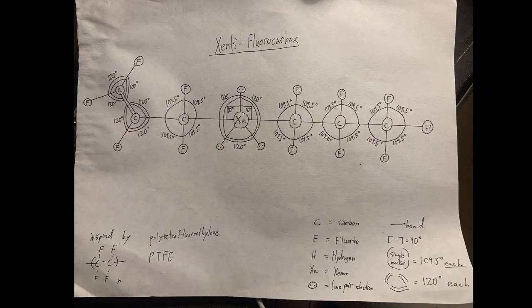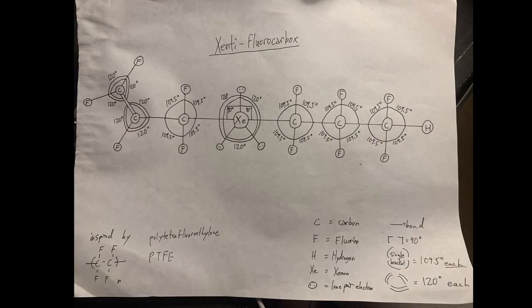So if you look at the bottom right, the 2 dots mean a lone pair of electrons. A straight line just means a bond. The 90-degree angle has that 90-degree shape. The 4 single line brackets is the tetrahedral shape, which has a bond angle of 109.5 degrees each. And the double line that only has 3 connected double lines is the trigonal planar shape, which has a 120-degree